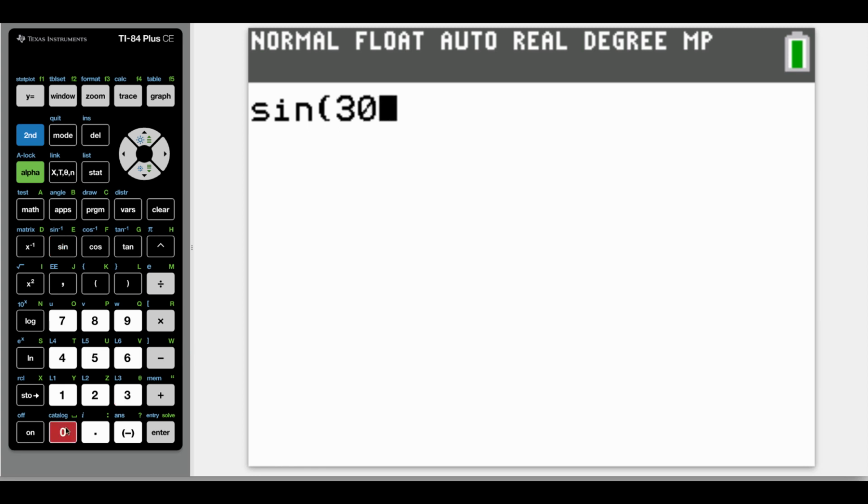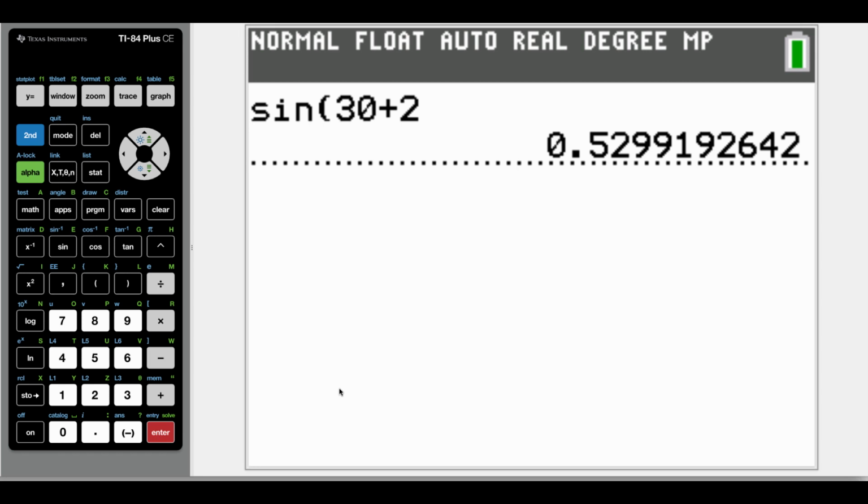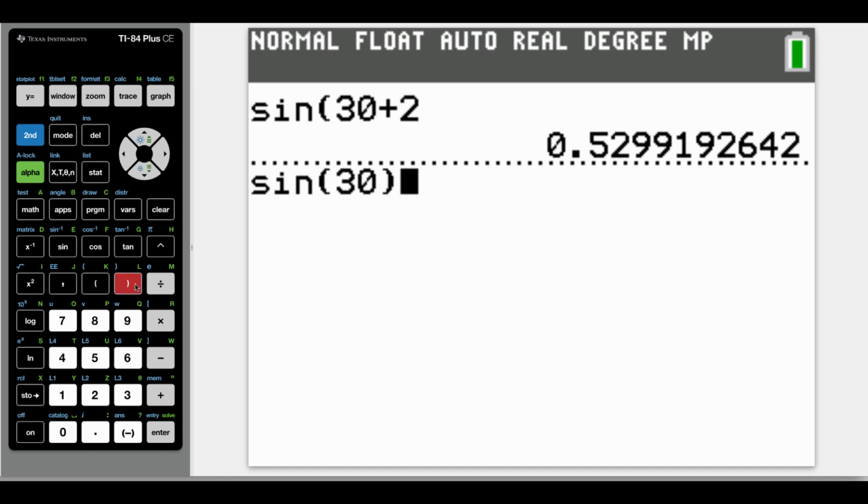So if I want to do the sine of 30 and I just put the plus 2, my calculator will automatically close the parentheses at the end of the function if you don't close it by yourself. So if I hit enter, that'll give me something different than the 2.5 that I'm supposed to get, because my calculator is going to take that 30-degree angle and add 2 to it first before it evaluates the sine, because we didn't close the parentheses after the 30. So I have to do the sine of 30, close my parentheses to stop the sine function, and then add 2 to that to get that